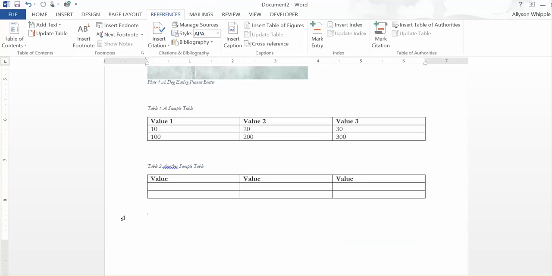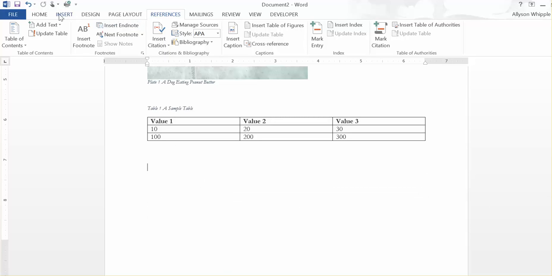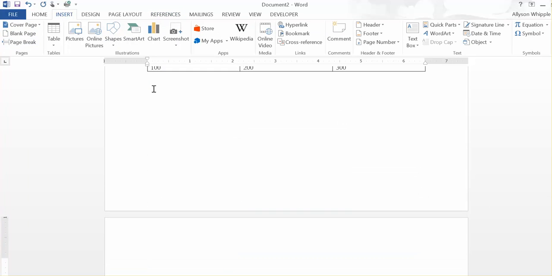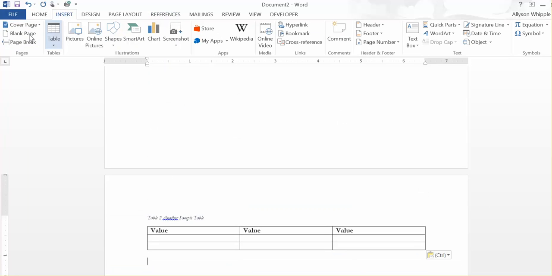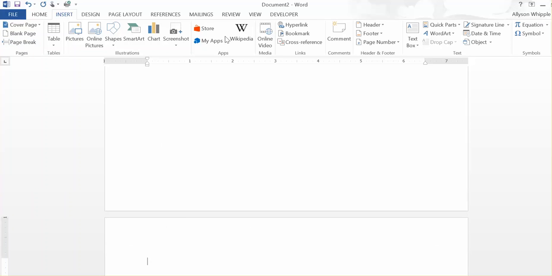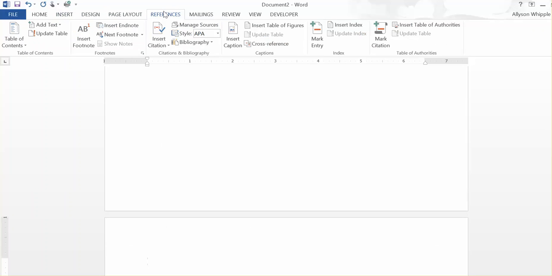So I've gone and added another sample table, and I'm going to insert a page break. I'm going to put this table on the second page. So now I've got a 2-page document. And then I'm going to start a new page, and I'm going to go back into references. And because I've used the captioning tool, Word has kept track of the tables I've used. And it's also keeping track of the photo I used. Say I want at the end of my document to just have a table of